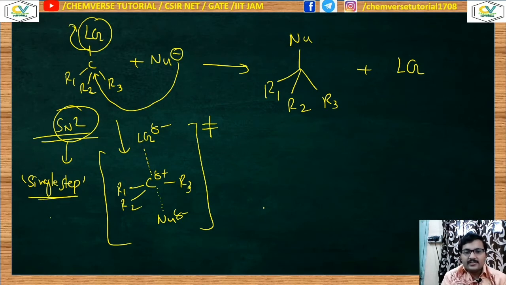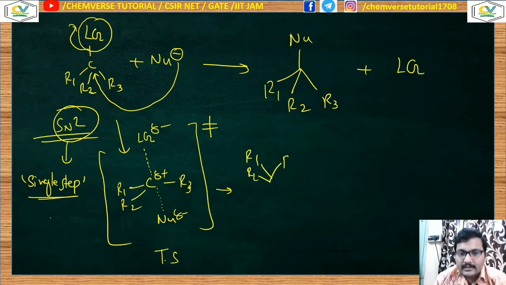It's a hypothetical structure because the actual structure of the transition state is still unknown. It's a hypothetical structure to depict this, and I will discuss why we use this kind of structure. Actually, we are trying to determine the reaction mechanism, and in that case this structure suits our observation. So this is the structure of the transition state, and in the next step the nucleophile will be present over here. So it is your product.